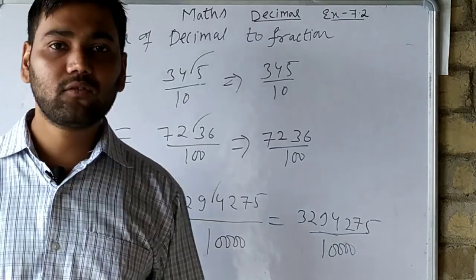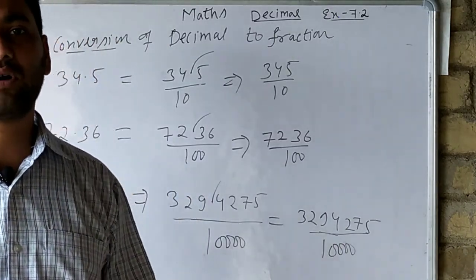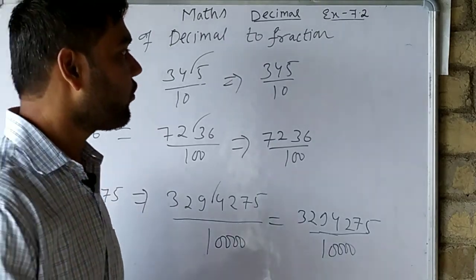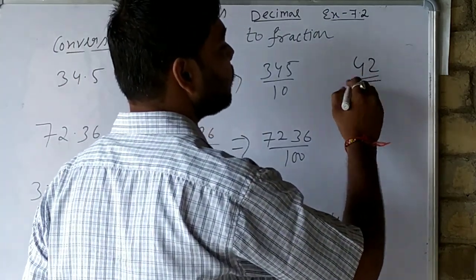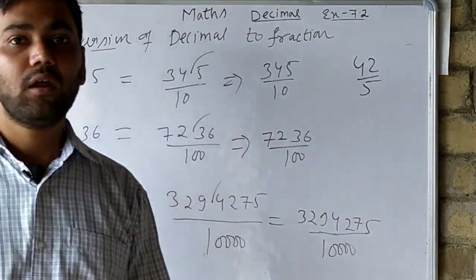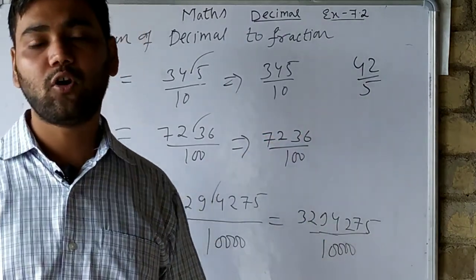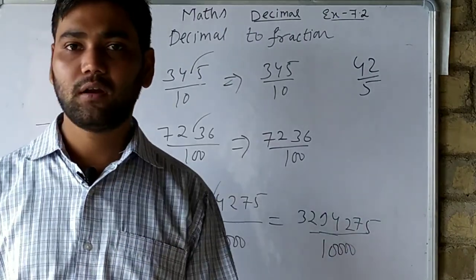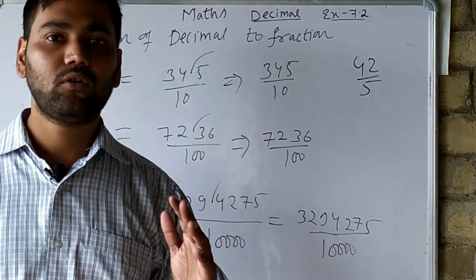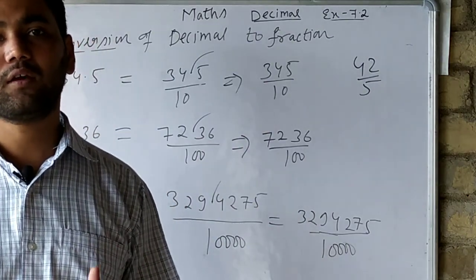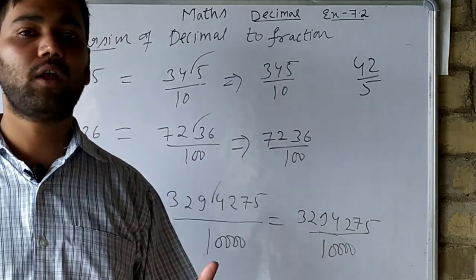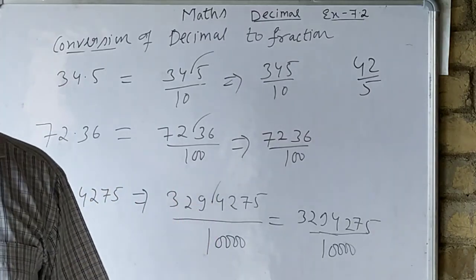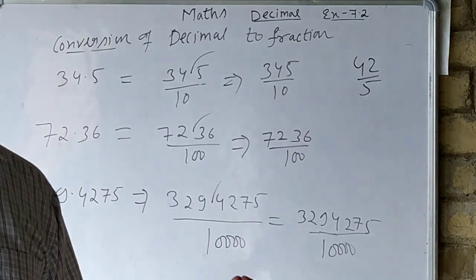Okay, in our next video we will explain how to convert any value if it is in the denominator. Suppose we have 42.42 upon 5. How do we convert the denominator into a term of 10? We will study that in our next video. So first you try to learn what are like fractions, what are unlike fractions, how to convert unlike fractions to like fractions, how to convert fraction to decimal and decimal to fraction. Okay, keep this practice, then we will study something more in this exercise.